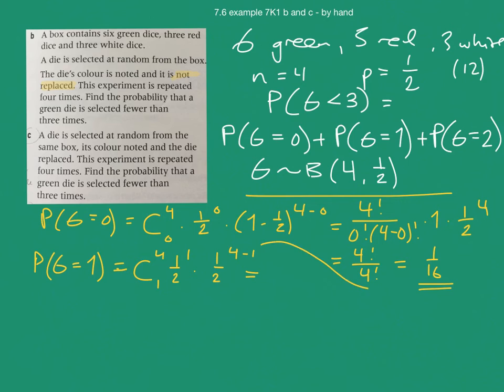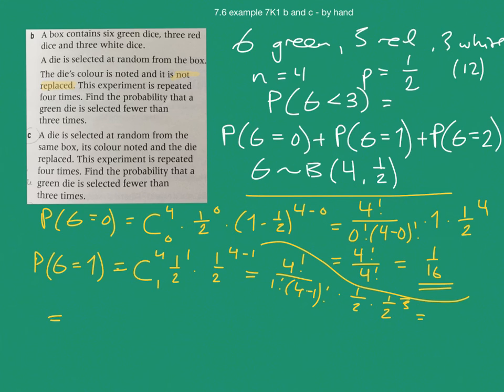This is equal to 4 factorial divided by 1 factorial, 4 minus 1 factorial multiplied with 1/2 multiplied with 1/2 to the power of 3, which is equal to,